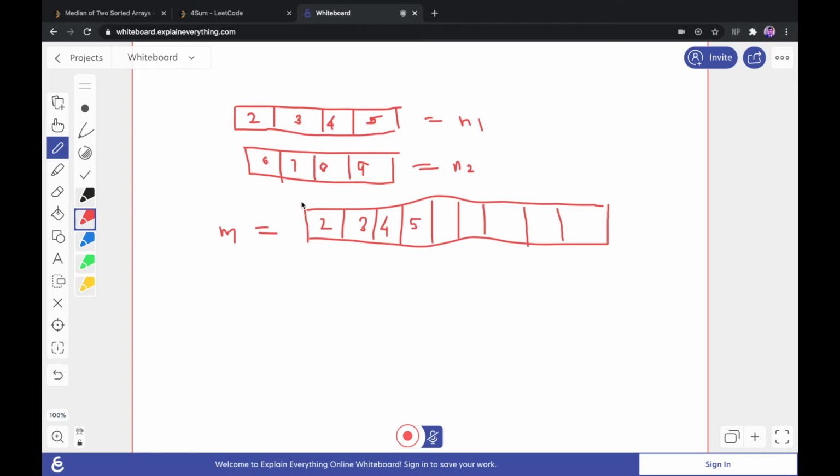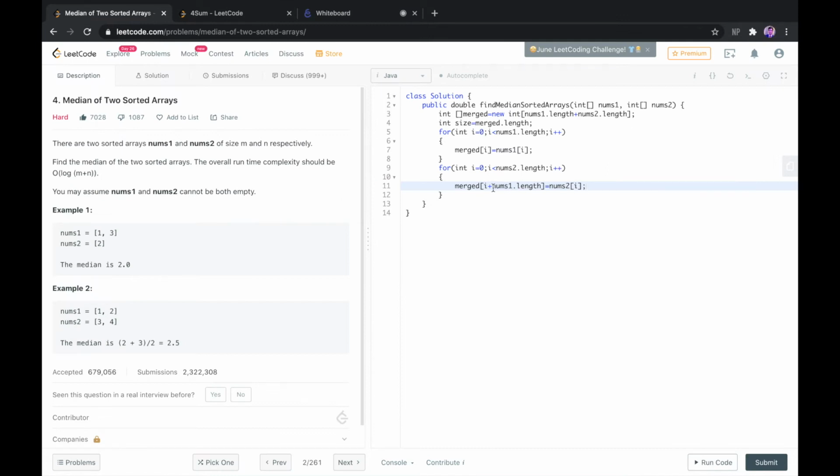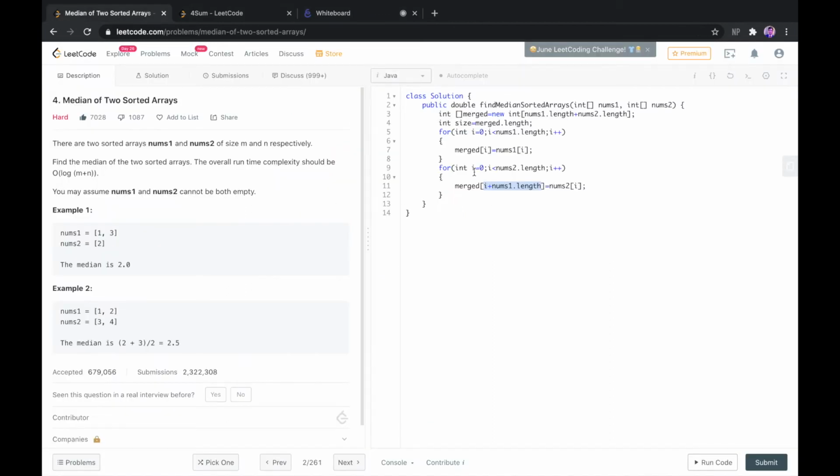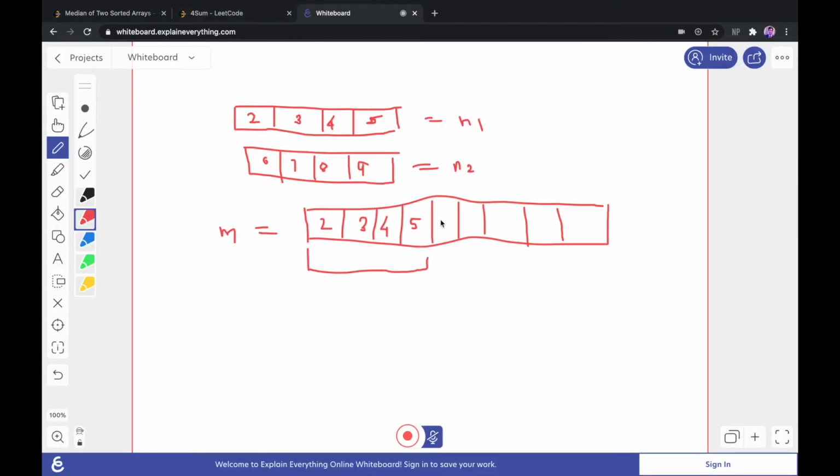However, when we are pushing the elements from nums2 array inside the merged array, we need to skip the positions that are already filled. So what we have done in this question is we have written i plus nums1.length, so that we can directly skip these 4 positions and move towards the remaining positions. Since we started our for loop from 0, from 0 plus nums1.length, that was 4, so we directly get this position, right?